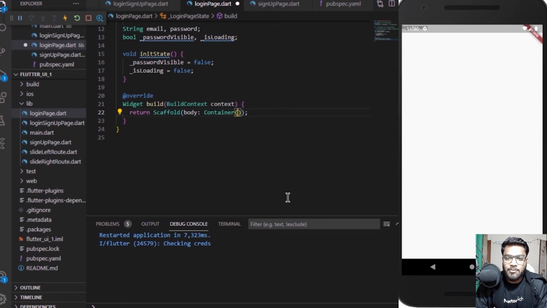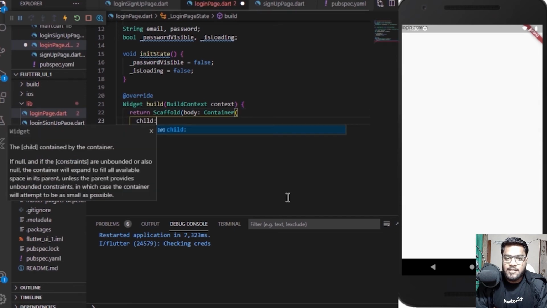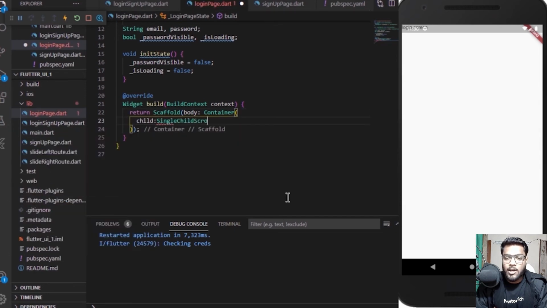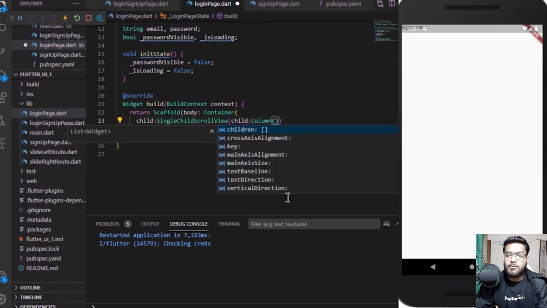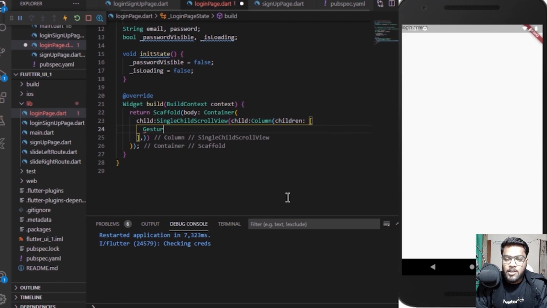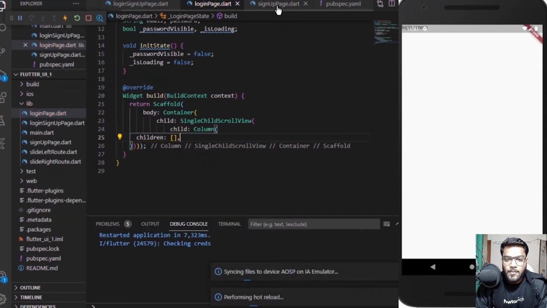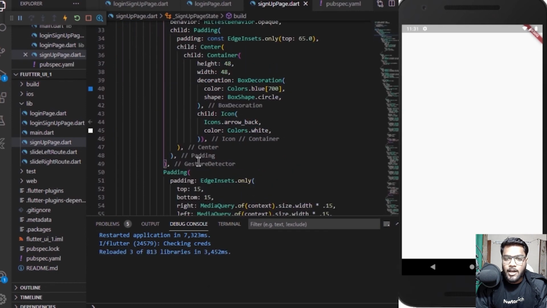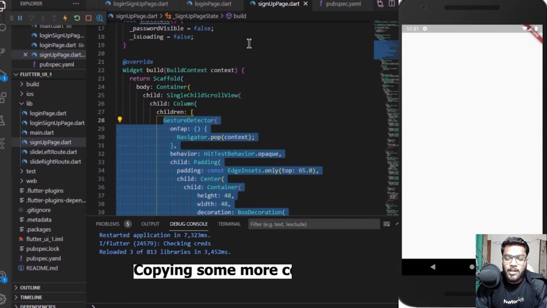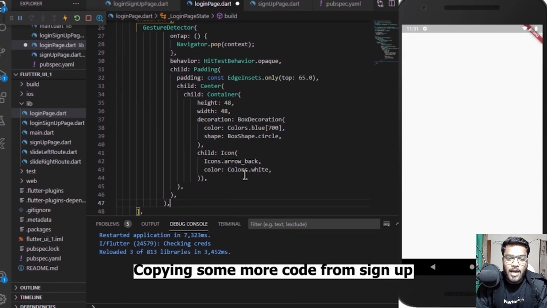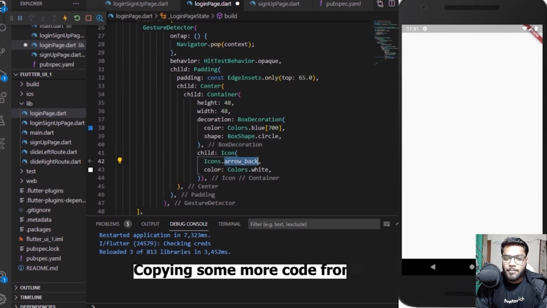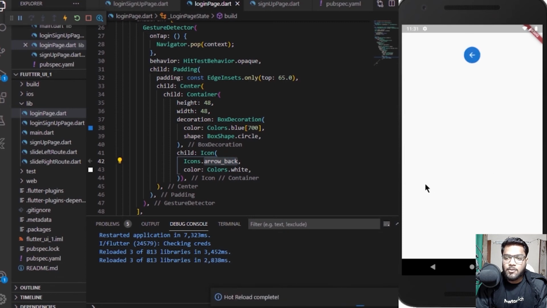Next up, inside the scaffold, adding a container which takes a single child scroll view, then a column, and that column will be having multiple children, which I'll be copying from the sign up page.dart file. So directly going in there, copying the gesture detector at first, pasting it over here, and next up changing the arrow over here, because earlier we had to go towards the right side, so that's why the arrow was in that format. But now changing the value of the arrow, and now you can see that the routing is working